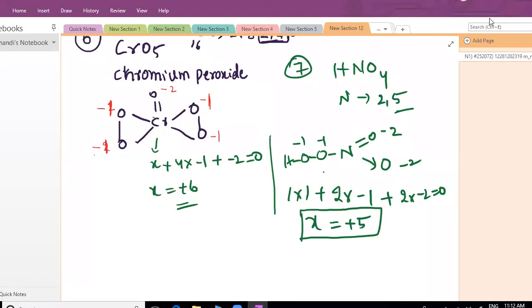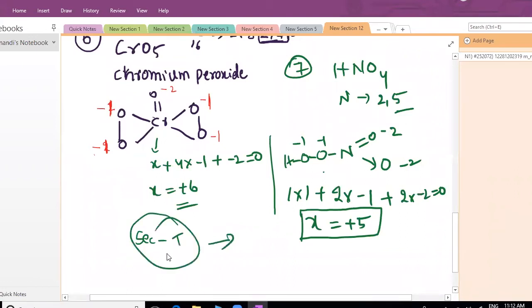Sulfur can show negative and positive oxidation states, depending on the situation. Suppose I am taking you as the person: in one section you are the topper, but whether you are the topper everywhere depends on the opposite student. In each section you are the topper, but if the opposite person is very strong, you may become the second topper.